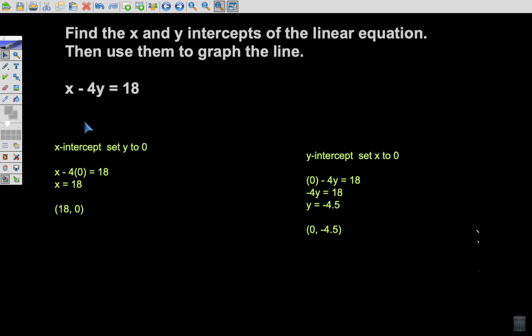And depending on your coordinate plane and how it is partitioned along the axes, you would give it your best estimate to plot -4.5 if the unit boxes are one whole unit and not half units. So we're going to graph